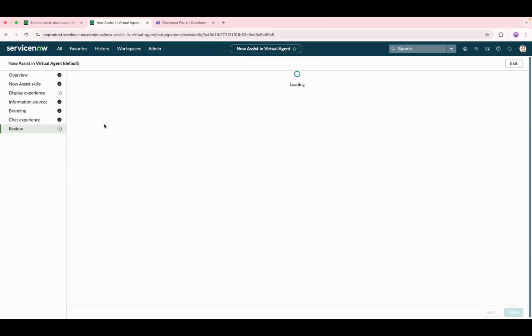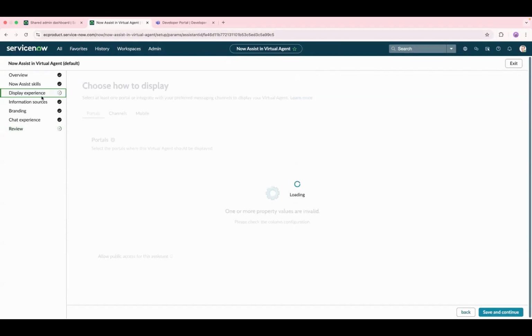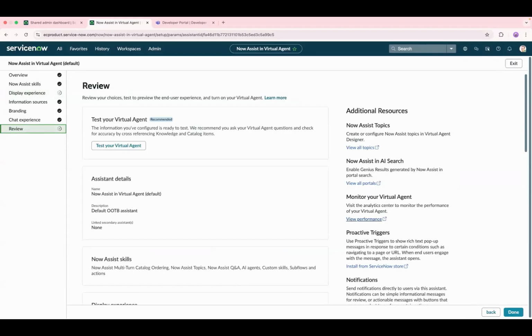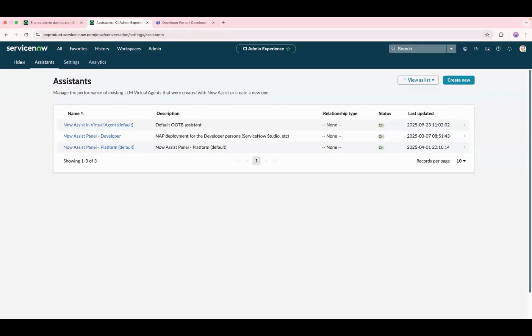So in the display experience, not only select the portal, but also select the channel, because I've integrated my bot, so I'm seeing this. You have to click on the self bot, and once you have selected this, you can simply save it, and then